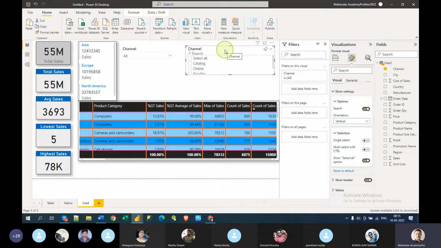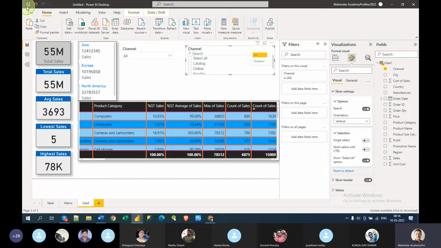for the slicer. So that's not the end. Tomorrow we will again work with slicer. If it's a text like this, what if it's a number, what if it's a date? We will see that, and how many options we see in the drop down, everything, and then we will compare with filters. And then we will see sync slicer. We'll see all the filters versus slicers extensively tomorrow. Tomorrow is a big session on slicers versus filters. Then I would like to end here, and any questions, please feel free to talk to me.